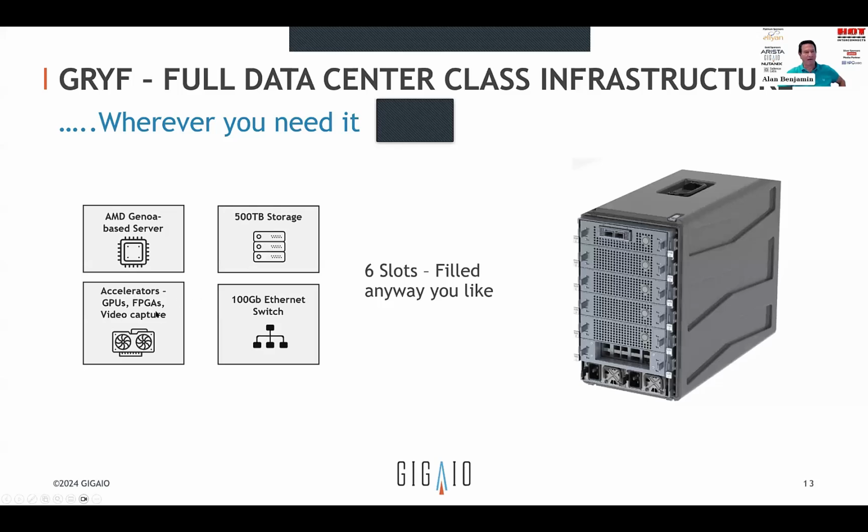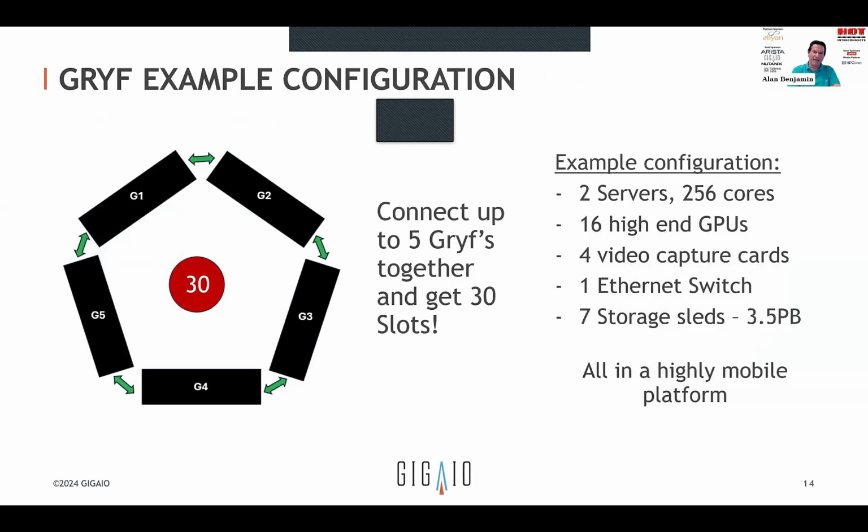We can add accelerators of all kinds. So we can add anything, an H100 all the way down to video capture cards, FPGAs, almost anything that'll plug into a standard PCI slot. And we even have a 100 gig Ethernet switch available as a sled. Any of those sleds can go in any of those slots, and you can make configurations in a variety of ways. And then we've designed this so that we can connect up to 5 of these GRIFs together, and you